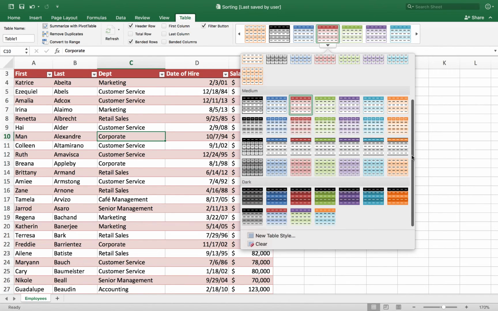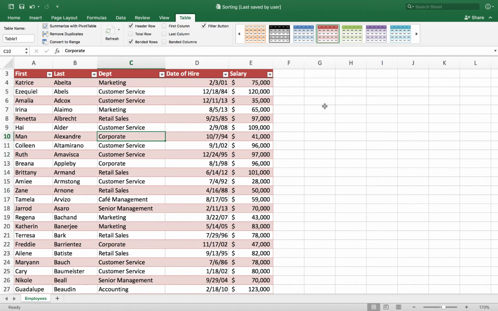So we've got the light, the medium, and then if you really want to use up large quantities of color toner, we've got these dark options here, which I think are probably overkill in most cases. But lots of different choices. And if you seriously wanted to come up with the Trojan colors, you could create a new table style that had whatever colors you want. So you can define your own styles for the table. Okay, I'm going to stay with this medium red there.